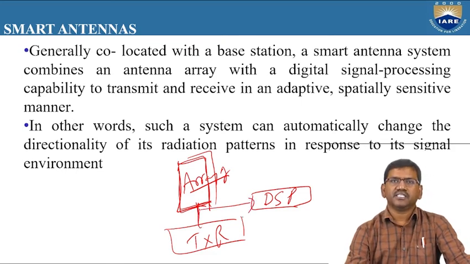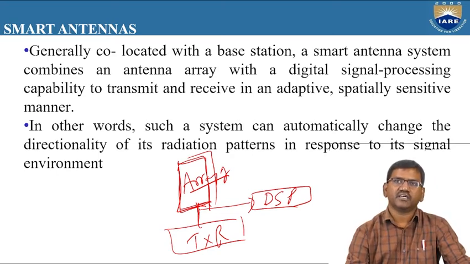That means a digital signal processing unit here is a software program or a group of algorithms that will decide what these array of elements must do. The basic function or the objective of the array of antennas will depend upon the DSP instructions. That means the instructions given by the DSP, accordingly, this array of antennas will act.